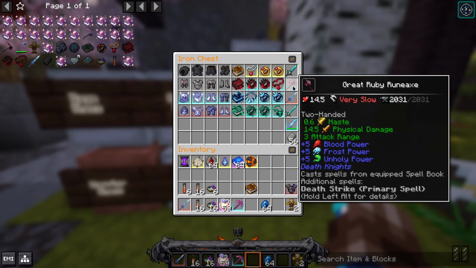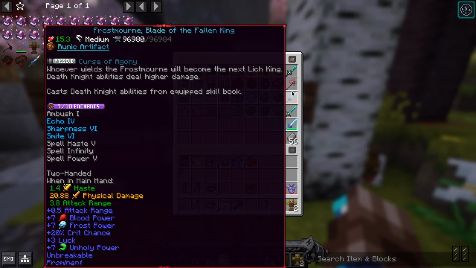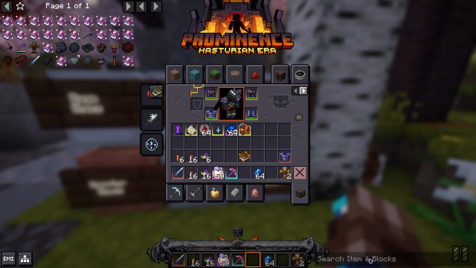This will do plus 5 blood power, as well as the other Death Knight damage, like the Frost and Unholy. But the main thing you want to focus on is the plus 5 blood power. There are also other weapon options, like if you search up